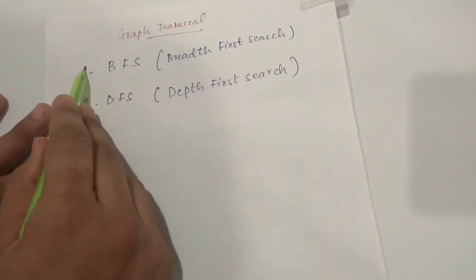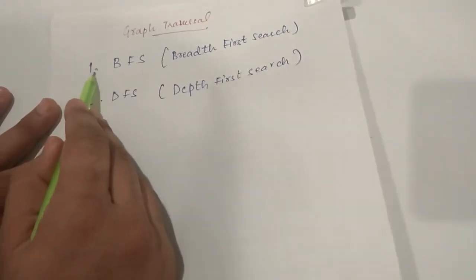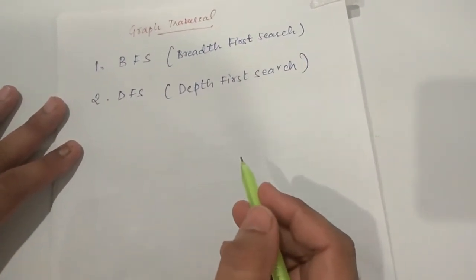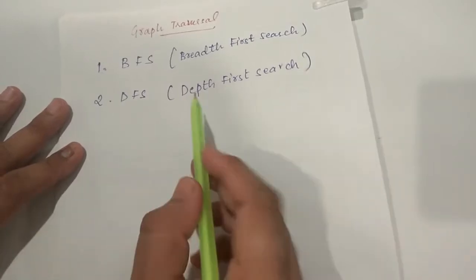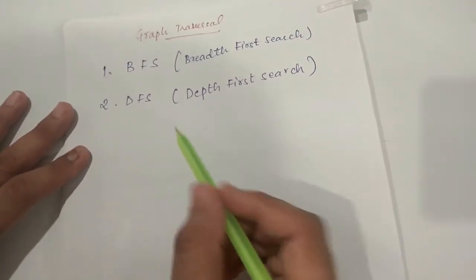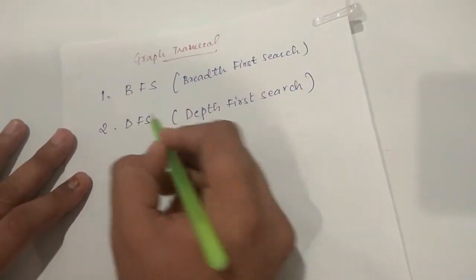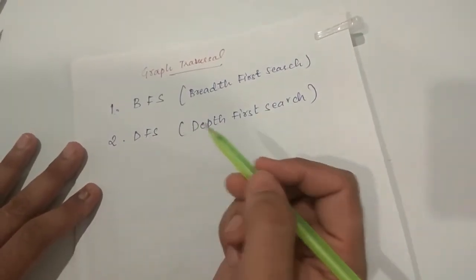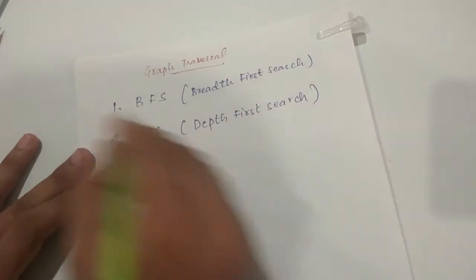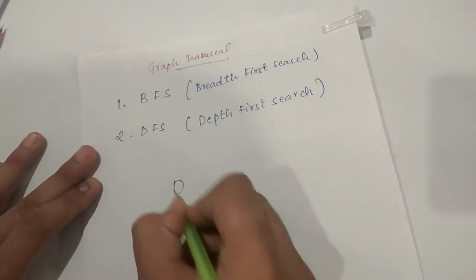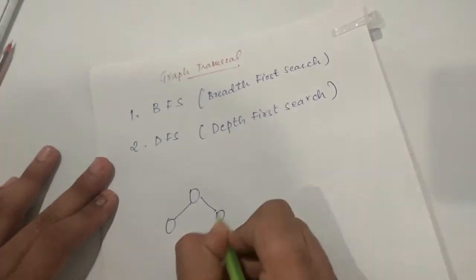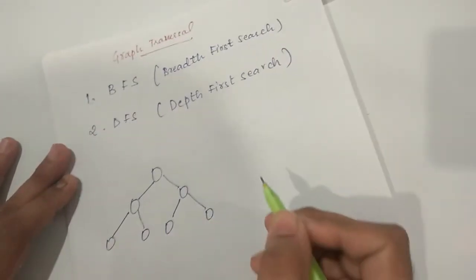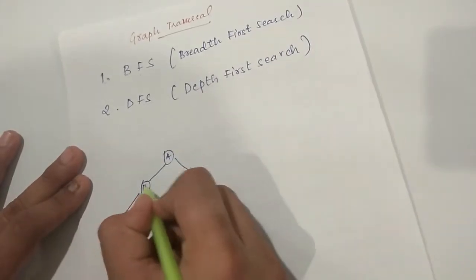We cannot use the previous methods of tree traversal, pre-order, in-order and post-order inside the graph because graph is a closed loop. So we need to use BFS and DFS for graph traversal. However, these two traversals can also work inside the tree data structure because tree is also one kind of graph only. Fine, so let us first implement in a simple tree data structure BFS and DFS. Then we will actually try to see how BFS and DFS works inside a graph.